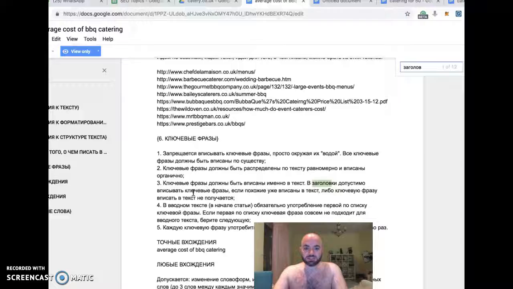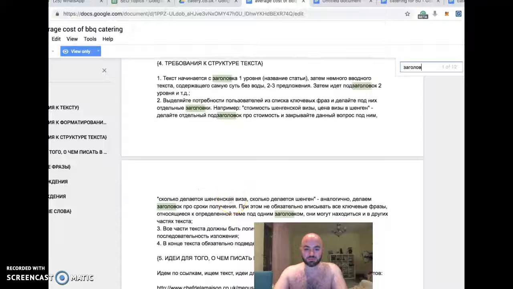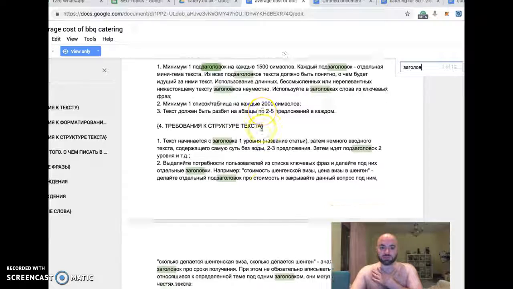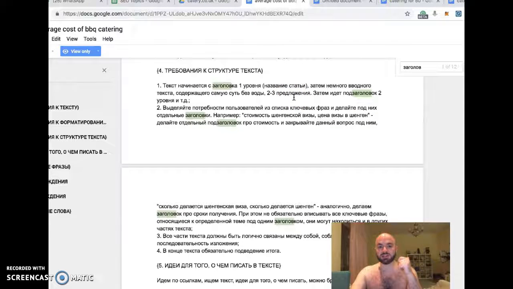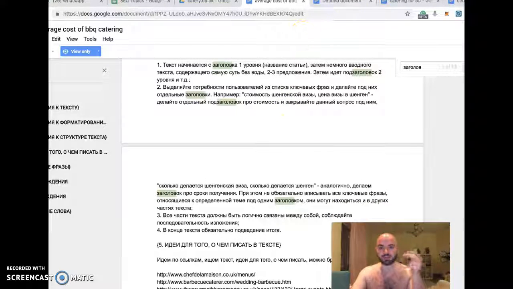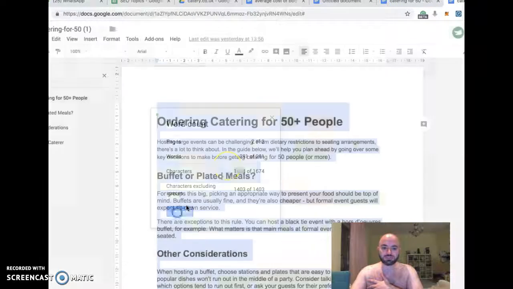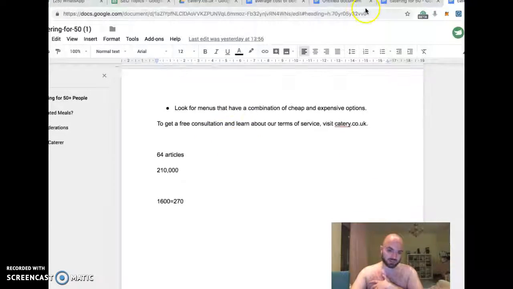So look, they give you a very simple structure. It's just the text starts with a first-level heading, the article title. Then a brief intro, 2 or 3 sentences, very short. Then the subheading, and then 2 or 3 short paragraphs, and another subheading. If you look at the sample that I did for them, that's the exact structure that I used. Just a short 2 or 3 sentence intro, subhead, another few paragraphs, subhead, few paragraphs, and so on and so forth,